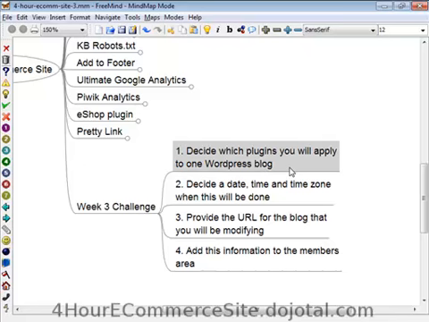There's no reason you have to make it your eShop blog. Decide a date, a time, and a time zone when that will be done. Provide the URL for the blog that you will be modifying, and add this information to the members area in a comment. So if I bring up the members area again,